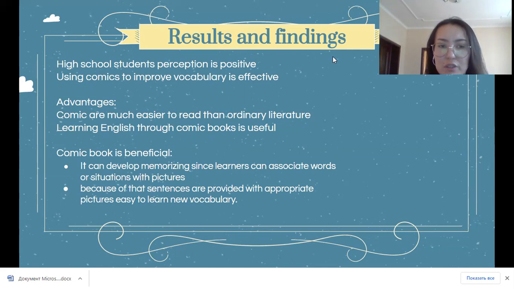Also, according to the open-ended question answers, comic books can develop memorizing since learners can associate words or situations with pictures. Comic books are also beneficial because sentences are provided with appropriate pictures, making it easy to learn new language or vocabulary.